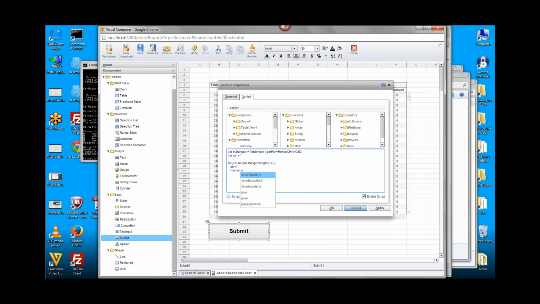Variable j equals 0, initialized to 0, j is less than rChanged again, the array, the ith row. So now I'm indexing this array and taking the ith row, because i keeps changing. The loop counter variable i is counting through the rows of the array. So now I'm looking at the ith row, and I'm looking at the length of that row, the number of columns in that row, and j++, increment j.